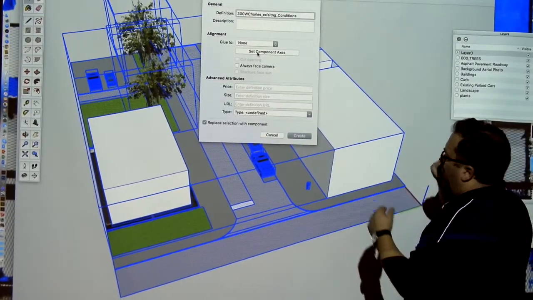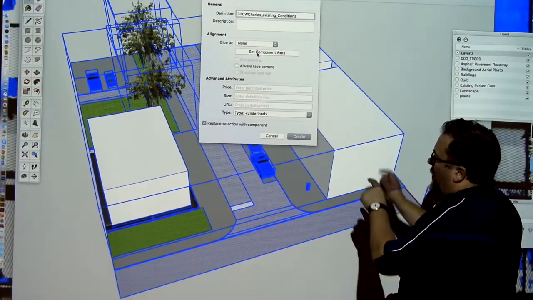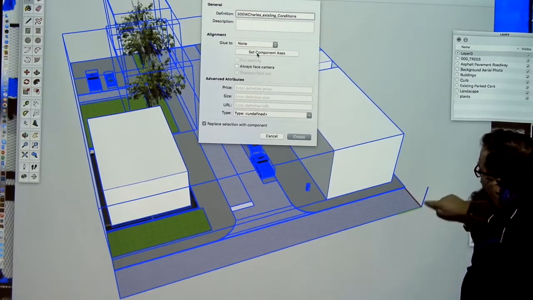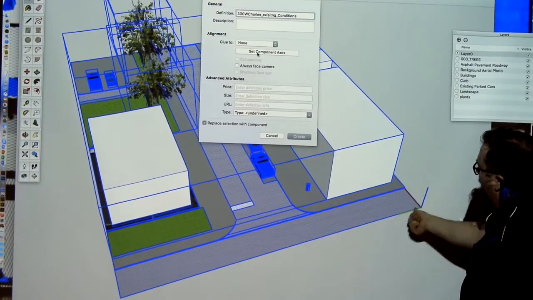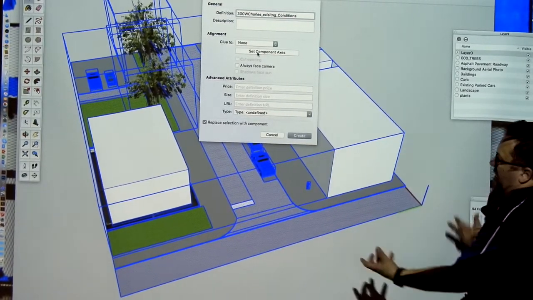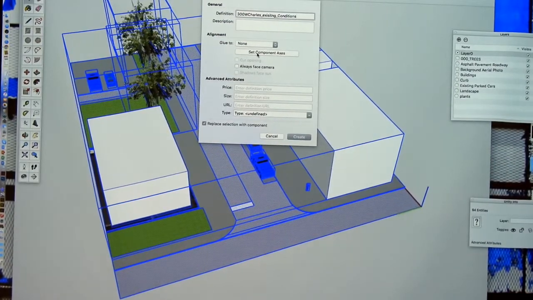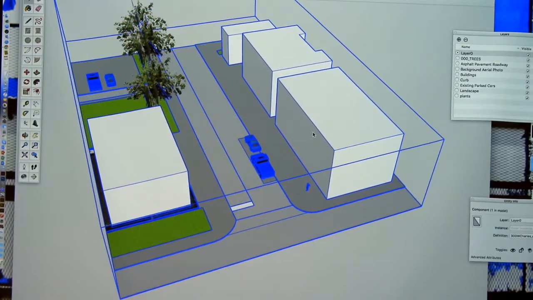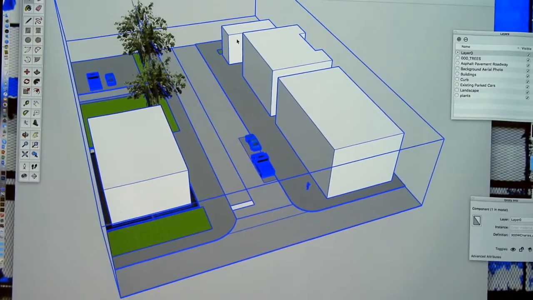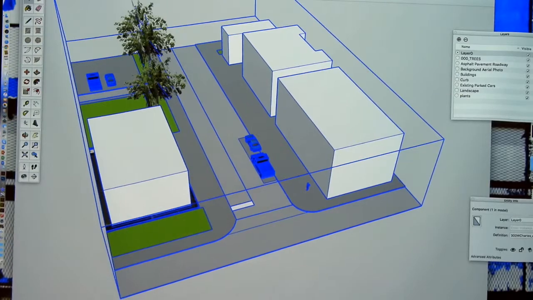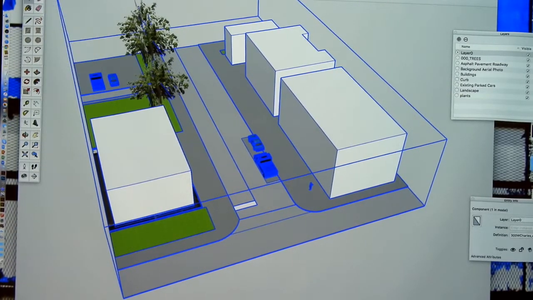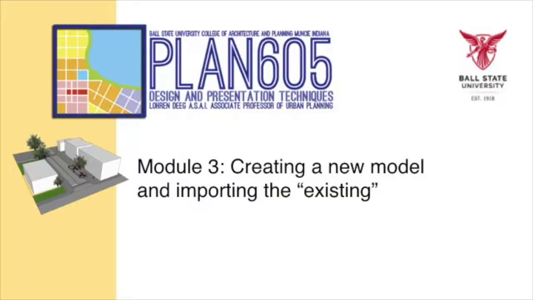In the future, as you start making your own components and want to bring multiples of them into a model, you'll want to set the axes here, which is going to create the active corner when you bring this thing into another model later on. So that's an option there. So that's now all one thing. So this model is saved, and it's now saved as a component. So we close that out and create a new file